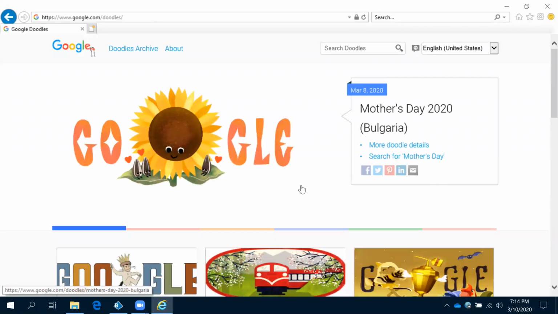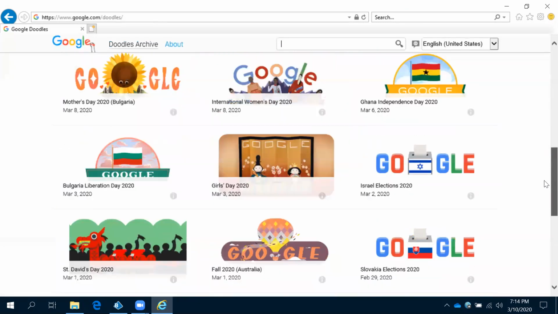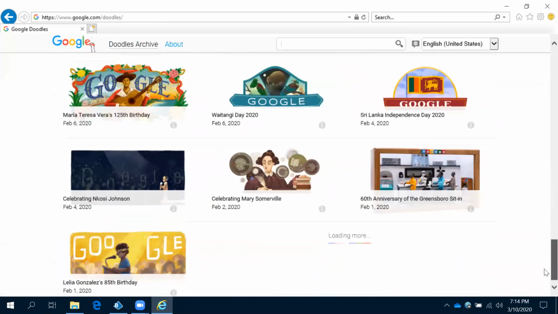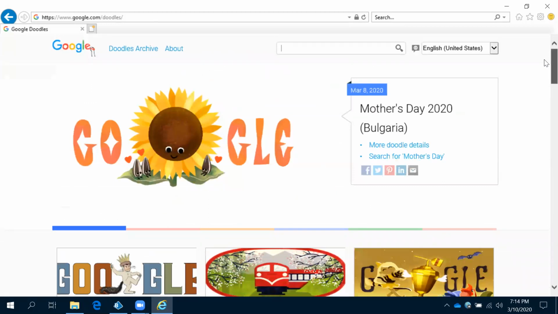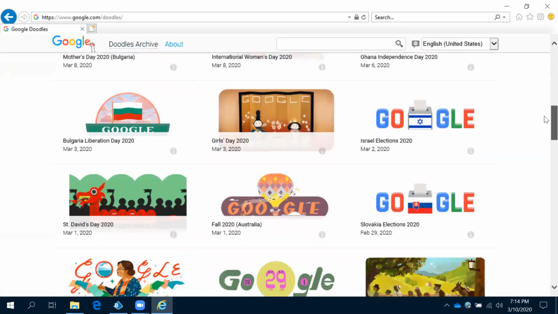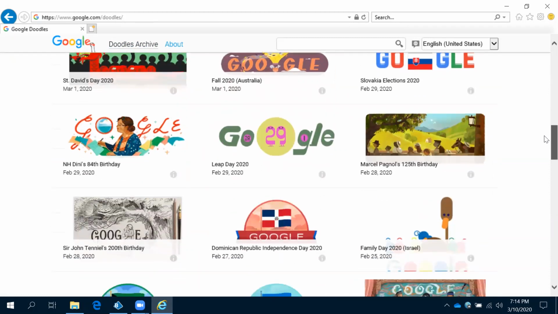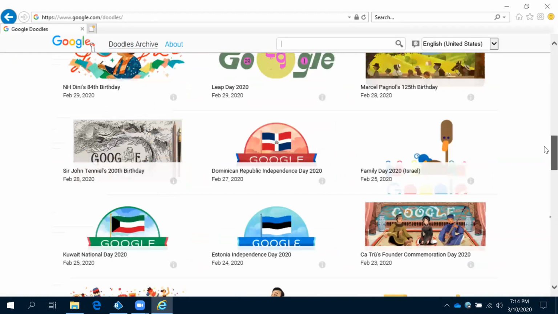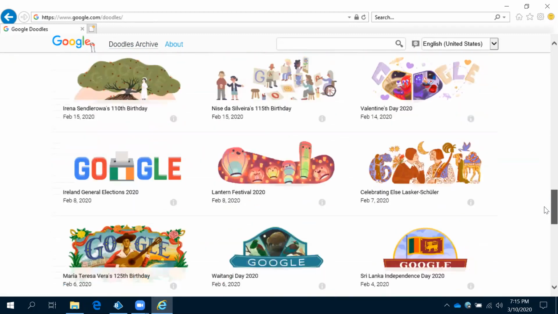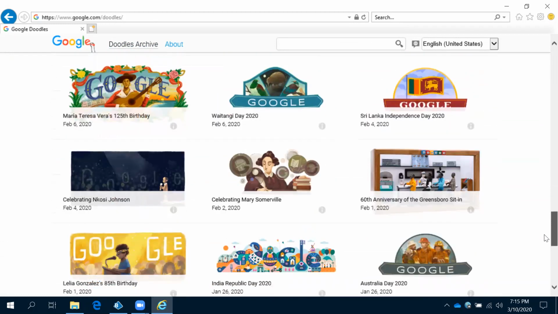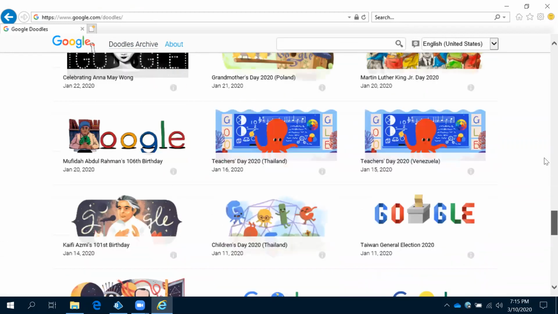When we click on I am feeling lucky, we have this search doodles. It will show you all the doodles each and every day it is displaying on our homepage, right? That speciality of that particular day. What is the special for that particular day? Any specific days, any famous personality birthdays, or any country occasions, whatever it may be. So it will show you in your Google homepage, right?